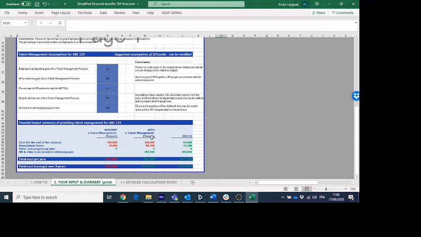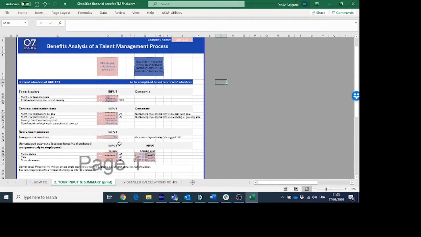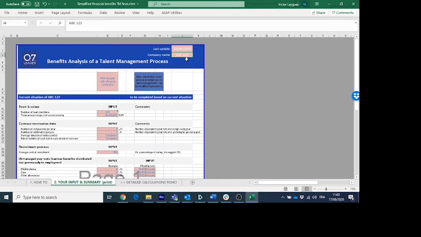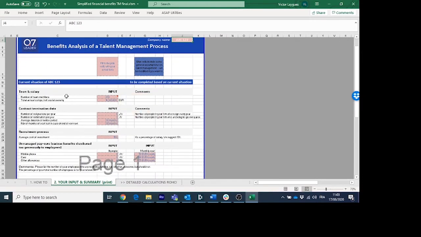And of course, the figures you will put in the blue cells, percentages in general, will impact the calculation for the situation with talent management. You can write your company name, so it populates some fields. It's nicer when you print it and share it with your colleagues. And then you can complete the pink cells with the current situation, whether it's about your number of employees, your total salary costs, some figures about resignations, terminations,